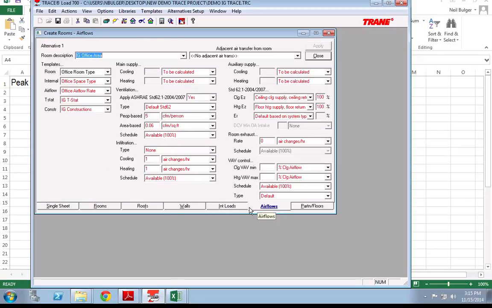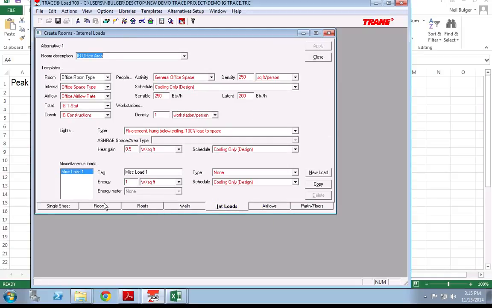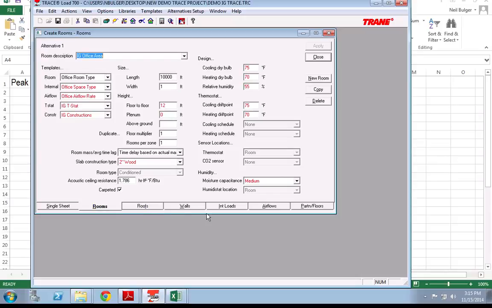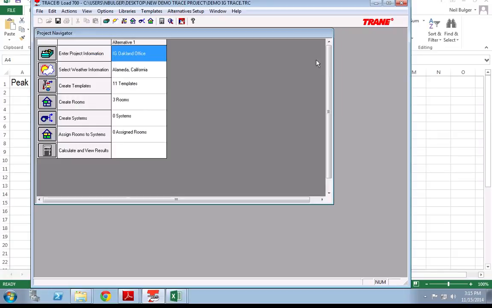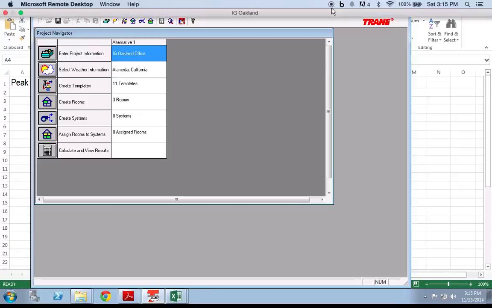But it's the same stuff, airflow, internal loads, and I think the thermostat, oh here it is, room. Here's the thermostat information. So, that is applying templates. We'll talk a little bit about constructions and how to look and make